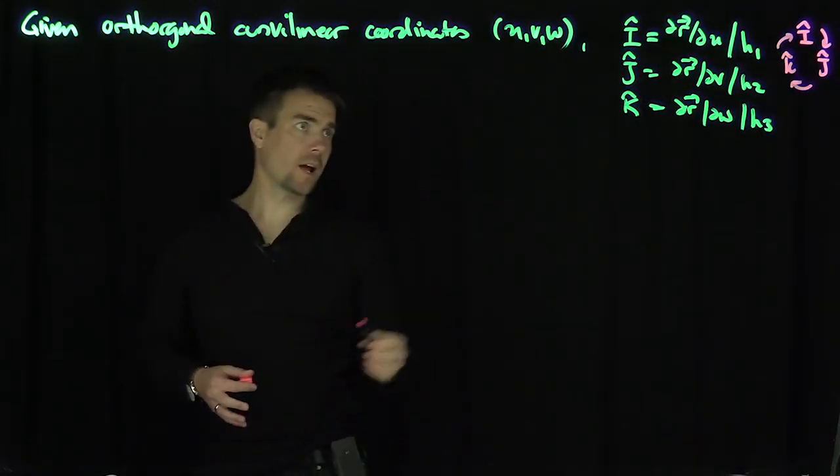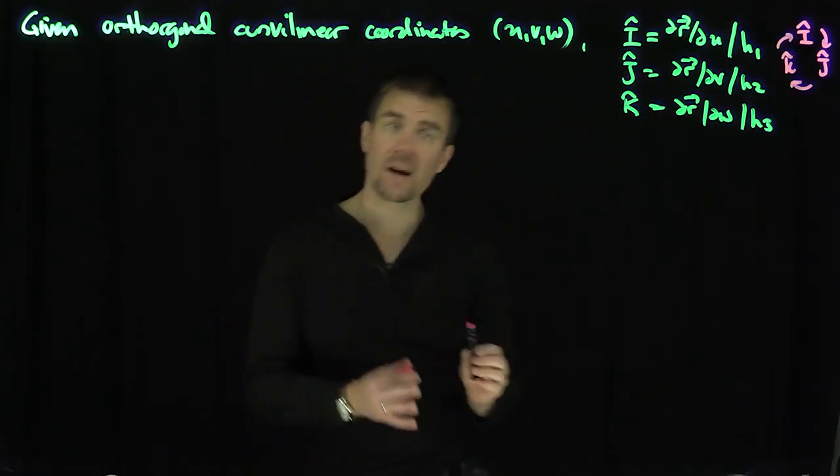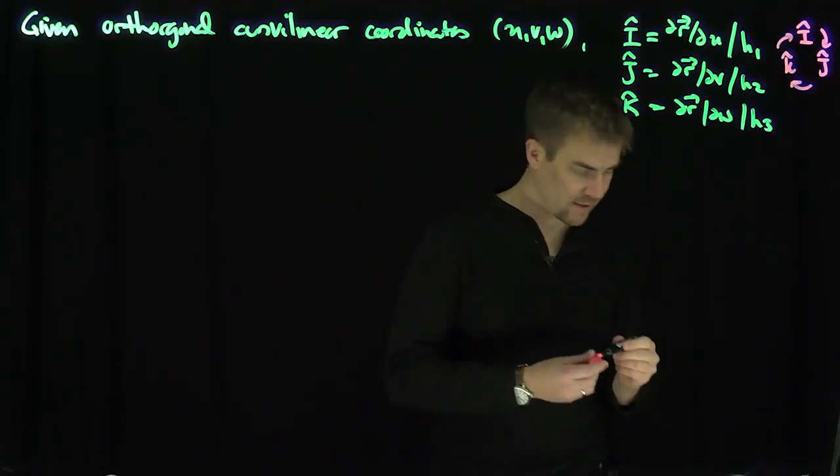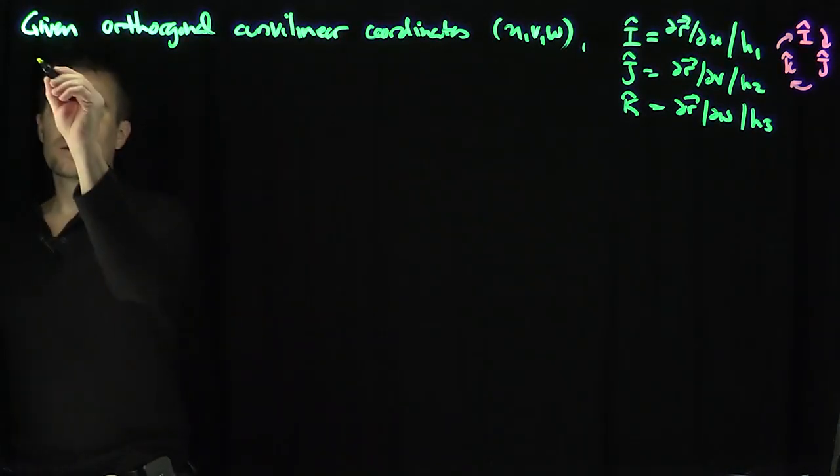But of course, these i hat, j hat, and k hat depend on the coordinates u, v, and w. They're not constant, right? So not constant. That's an important distinction here. All right. And so now, of course, let's recall